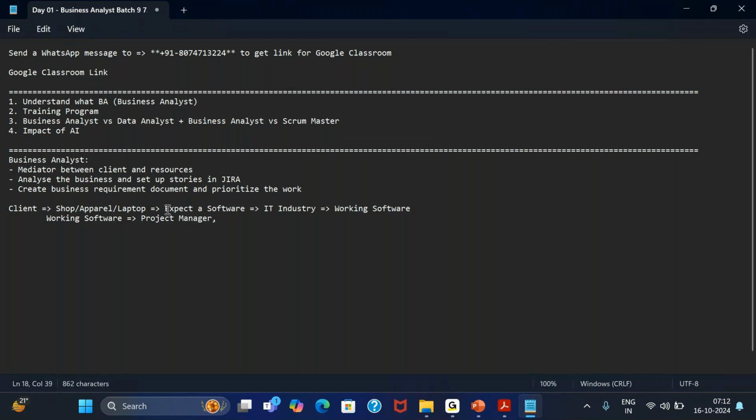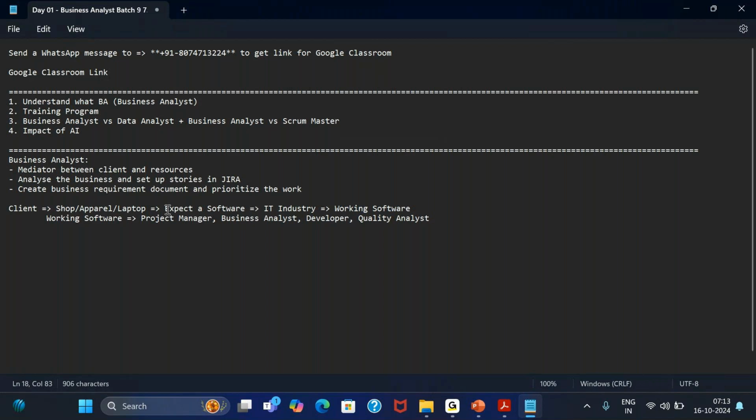Then other than the project manager, we have a business analyst as well. Then there will be a developer, a quality analyst, and there could be other people involved as well, but let's just focus on these people because they are primarily responsible for building the software. There could be a support team, there could be a deployment team, but they are not primarily involved in building up